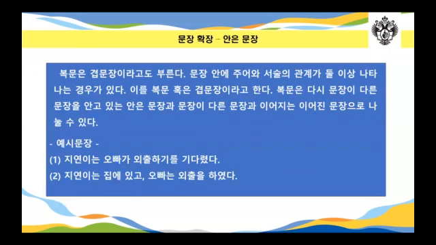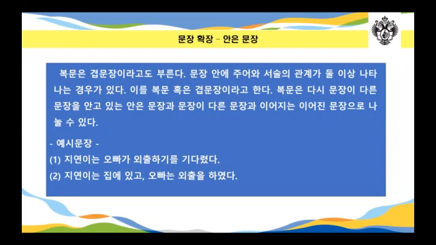Let's talk about complex sentences. 겹문장, 복문. A complex sentence is also called a double sentence. There are cases where more than one relationship between subject and predicate appears in a sentence. This is called a double sentence or complex sentence, 복문, 겹문장. A complex sentence can be further divided into a sentence in which a sentence holds another sentence,